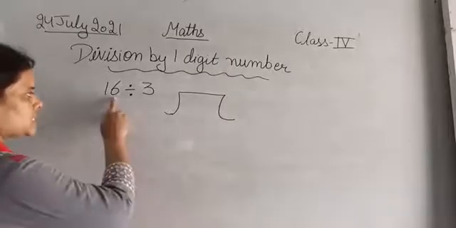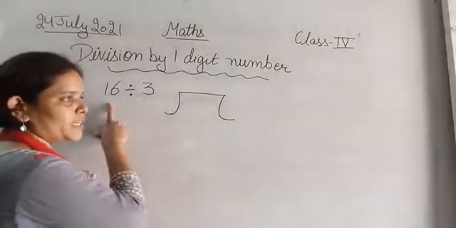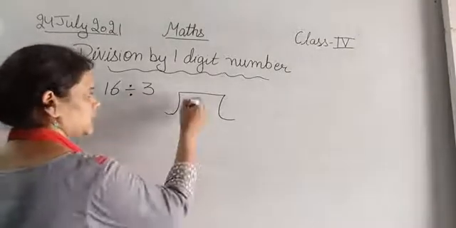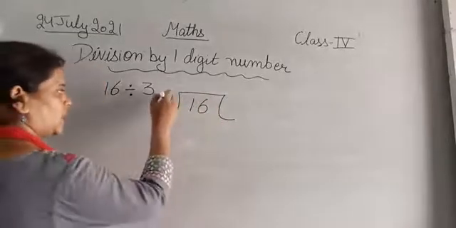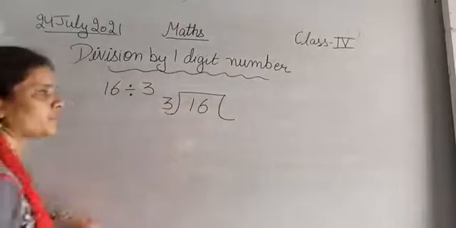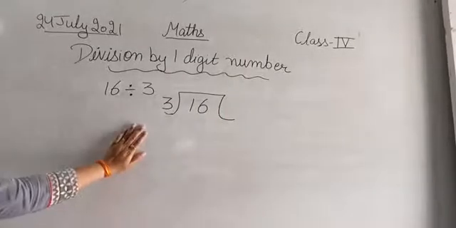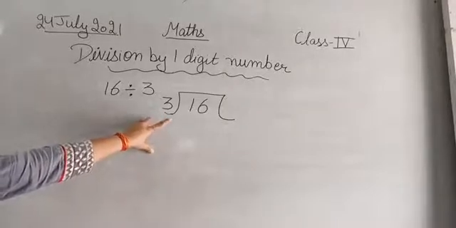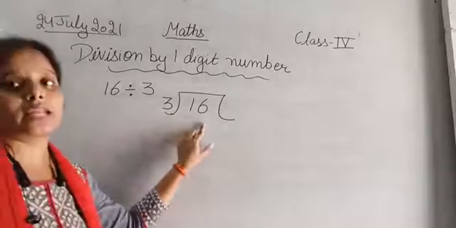So this is 16. तो देखिए 16 को हमें 3 से divide करना है. So we have to divide 16 by 3. We are going to put this 16 under this box, and here we are going to put the 3. Now we'll divide 16 by 3. For doing the division, we must know the table of 3. We have to read the table of 3 up to 16 or less than 16.